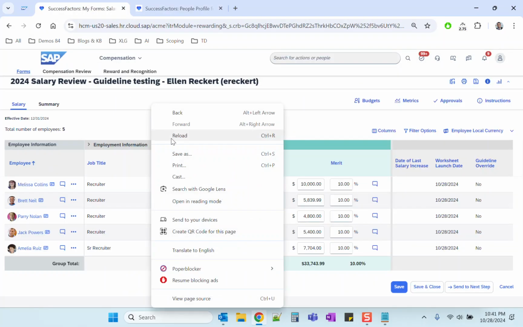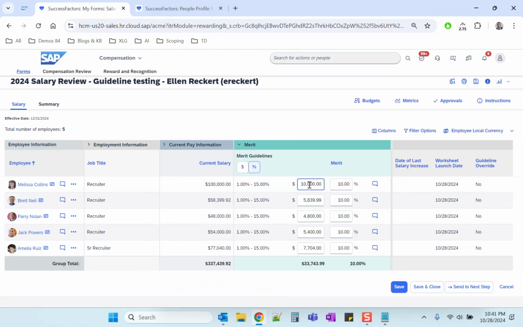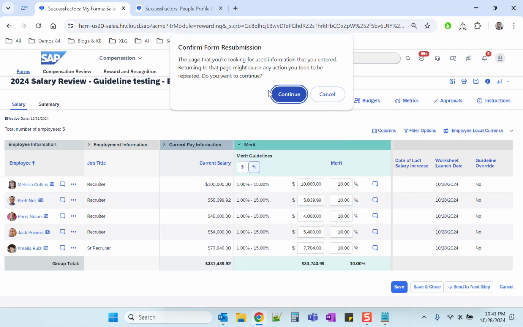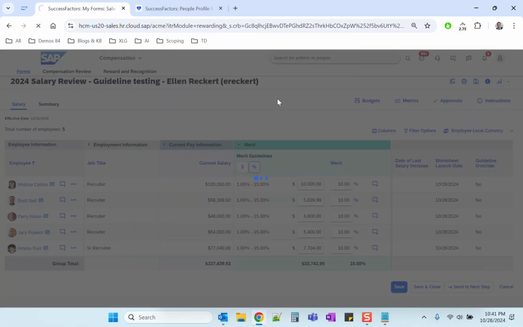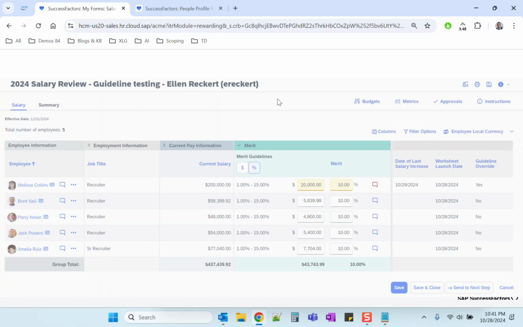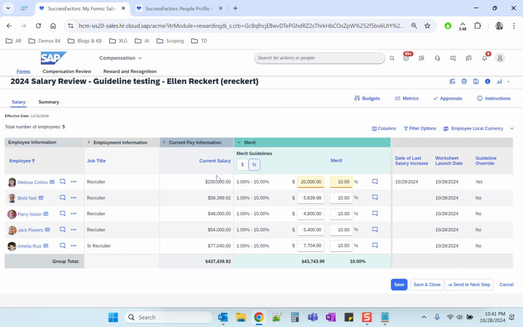reload the compensation worksheet that we looked at initially, we're going to see that guideline override switches to yes, that we get October 29 to populate here, and most importantly, we're going to see that this stays 10% and this becomes 20,000 because of the current salary going up times 2. So let's do a test case. Yep. So we can see 200,000,